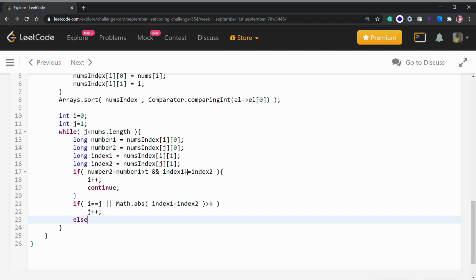And now in our else part we will just return true, and if we don't get an answer in our loop, ultimately we will just return false.